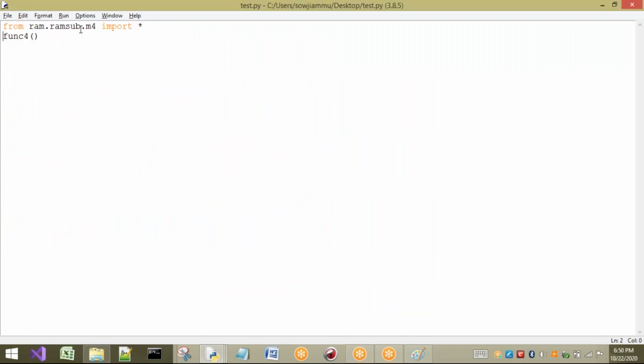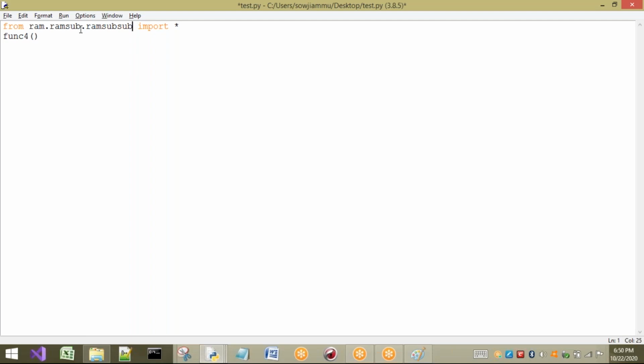So I have shown you one subfolder. This is the package, and this is the sub package. If you are having n number of sub packages, also no problem. Directly we can write here. If one more subfolder is there, let us consider RAM sub is there, for example, it will go into that sub package and access that particular module. Okay. This is about the packages concept.